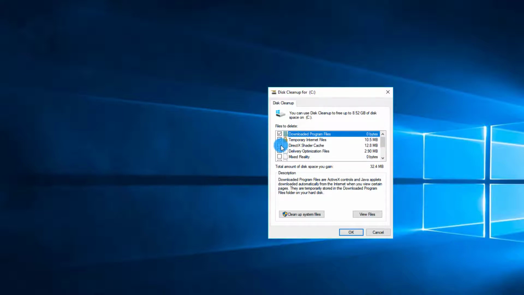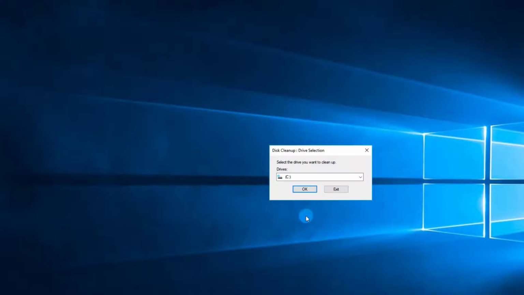I'm gonna choose this. You can see the recycling bin has almost about 8 points. So this is another way to also clean the recycling bin, aside from going straight to the recycling bin. So you can see after we are through with this, you just click on clean up system files. You click OK,